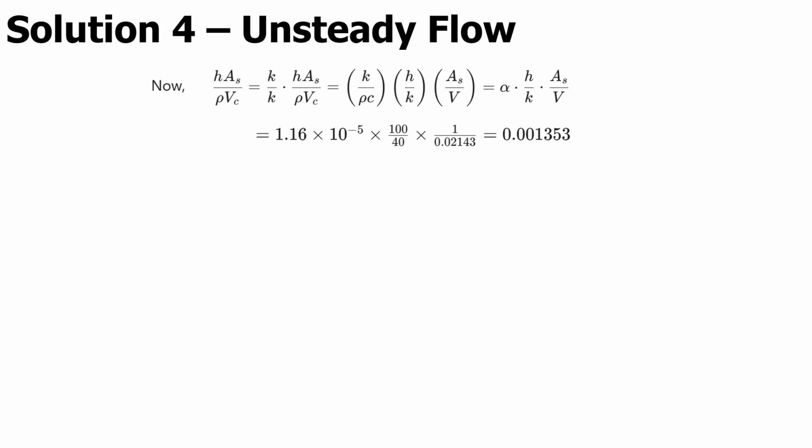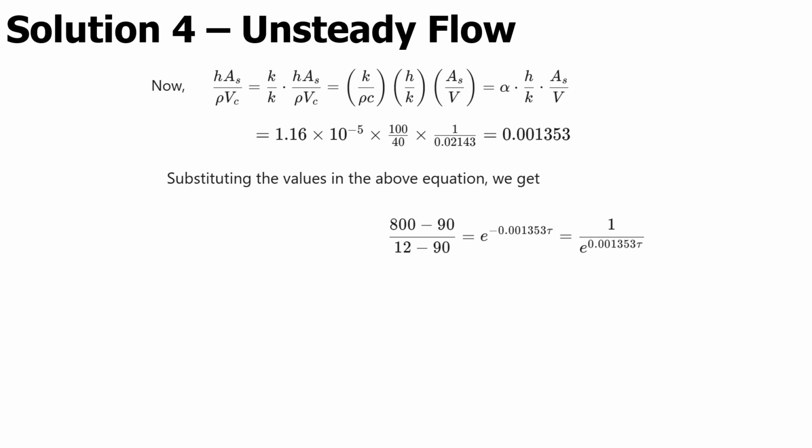Now, let's simplify the exponent term in the time versus temperature relation. We plug in the thermal diffusivity, the heat transfer coefficient H, thermal conductivity K, and the characteristic length. Plugging in the values, we find that the exponent term is equal to 0.001353. Now, when we substitute back into the time temperature relation, we have the equation as shown, and this can